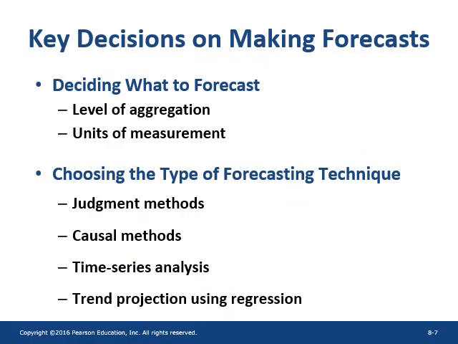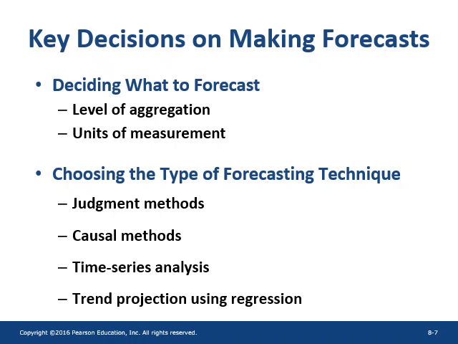So when we're thinking about putting together a forecast, one of the things we've got to think about is what are we going to forecast? So one thing that we'll think about is the level of aggregation. Are we going to forecast demand for individual items? Are we going to forecast demand for product lines? Are we going to forecast demand for all of what happens in a given production area? Product segments, so the level of aggregation has to do with how much we're putting together into our forecast, and